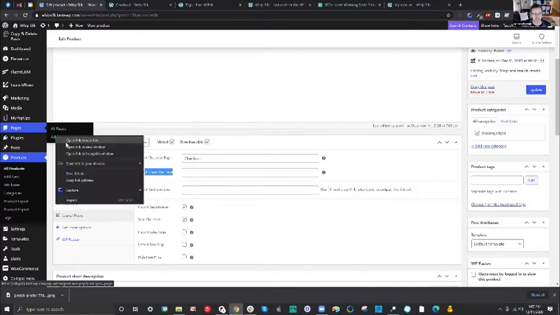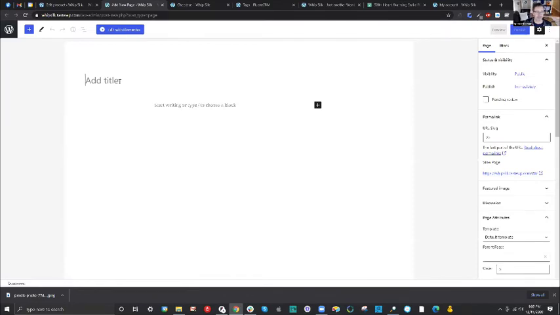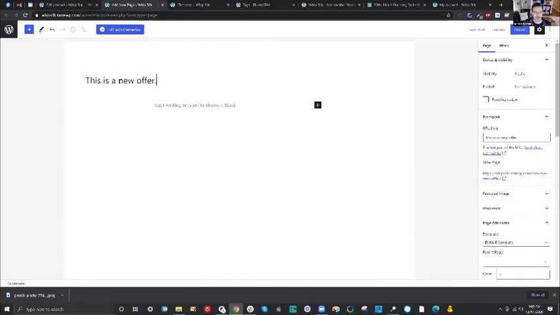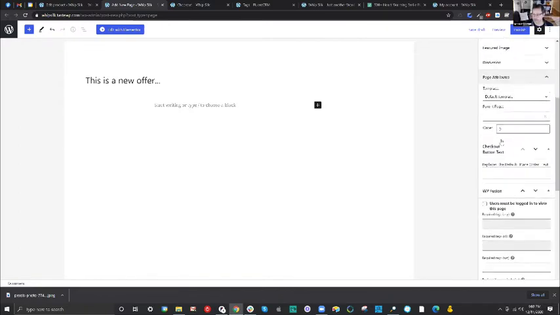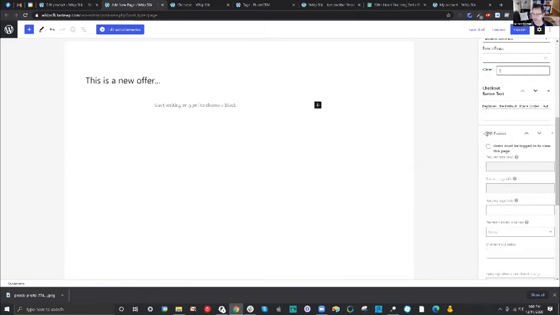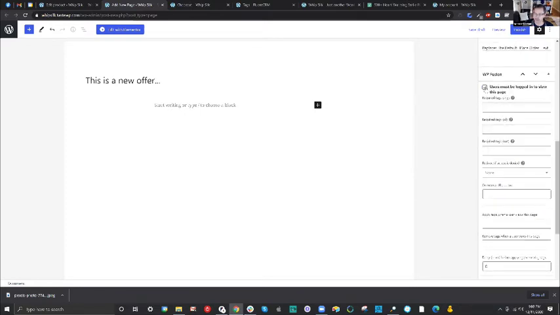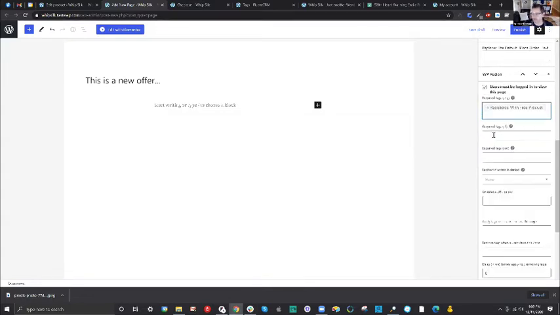So for example, if I did that, I could add a page here and I could use my page builder or not. I could say, this is a new offer. I could also use WP Fusion, and this is the important part. If we scroll down on this page with WP Fusion, I can now have what we call a content restriction, and I can also offer a reward. The restriction could say, you can only see this if you have a certain tag. What would that tag be? That would be the registered with free product. If you didn't have that because you didn't come in this way, you wouldn't be allowed to see this offer